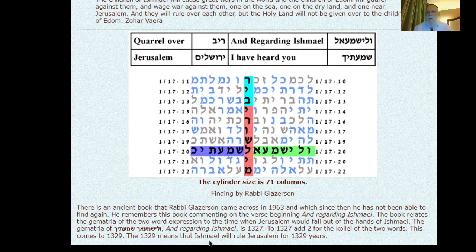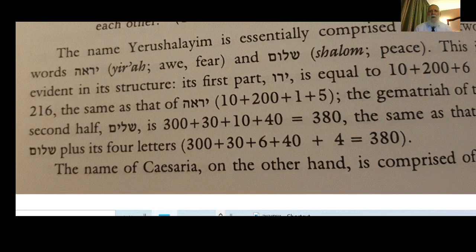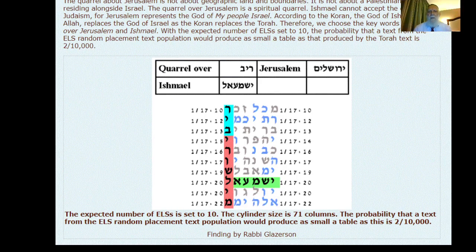This number, 1,329, means that Ishmael will rule Jerusalem for 1,329 years, which is exactly from the time that Ishmael, the Arabs, conquered Jerusalem up till the Six Day War. This one can see in the continuation in this book. Then, what is also very interesting about Jerusalem is what you have in this table, basically the same thing. You have the quarrel over Jerusalem